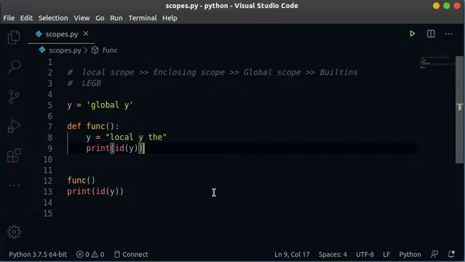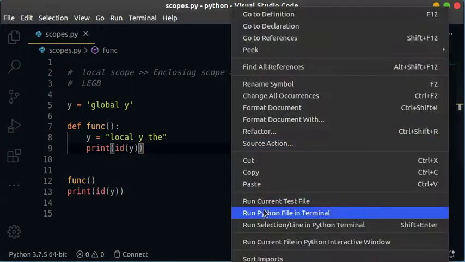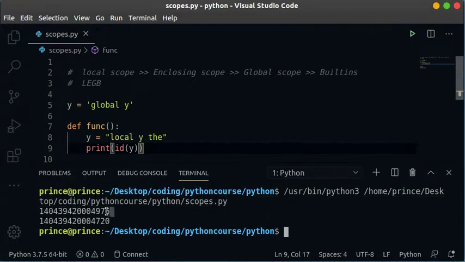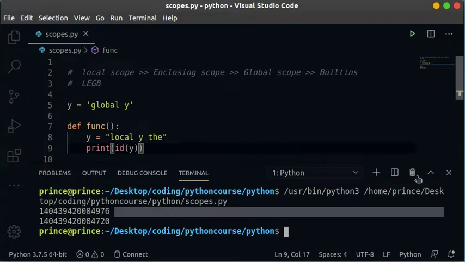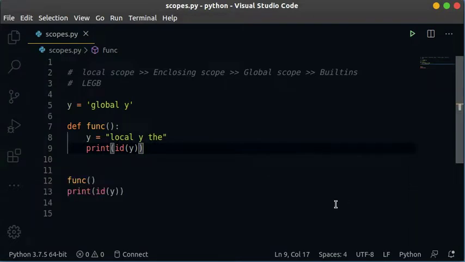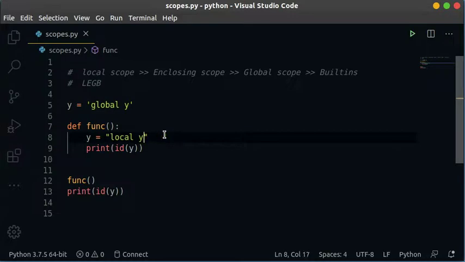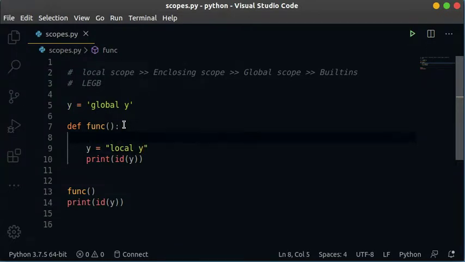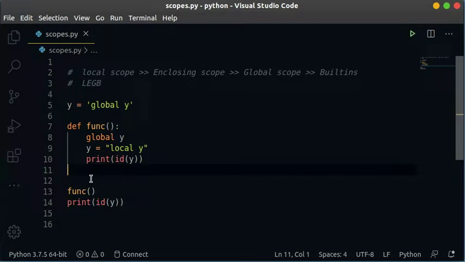Okay, so now as I printed these two memory addresses, you can find that there are two different places in memory. What if you want to work with the same place in memory within a local variable? To do this, we use the global keyword. So we simply say global, and then the name of the global variable that you want to use within your local scope. So if I run this code,